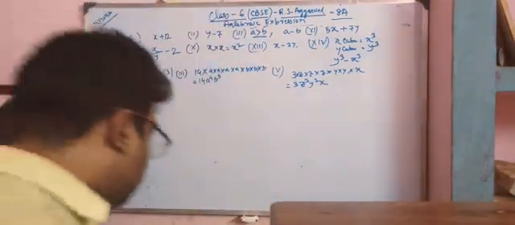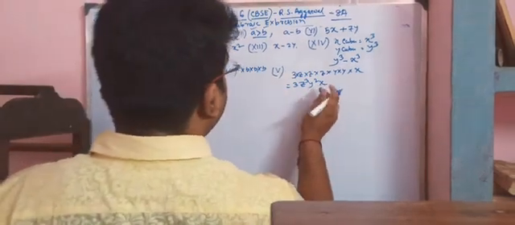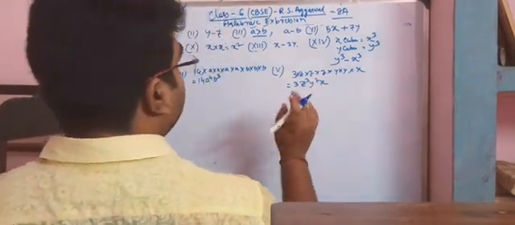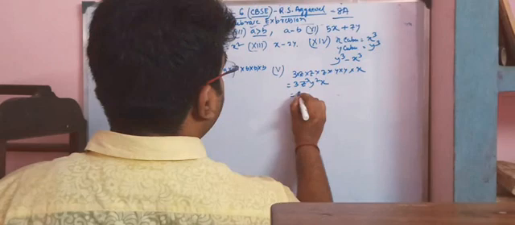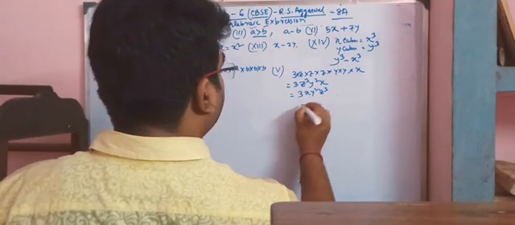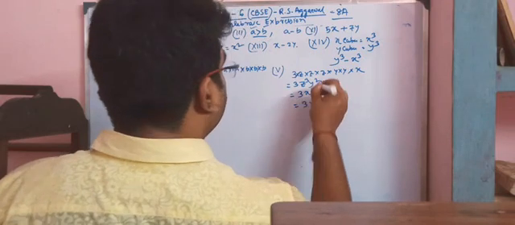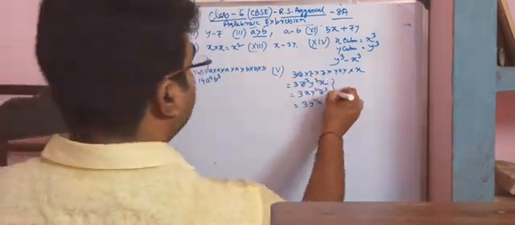Now one thing we have to look at. For multiplication, if we change the order, that should not matter. That is, we can write it like that: 3x y square z cube. That will be the answer. 3y square x z cube. That will be another answer. So these two are all correct.